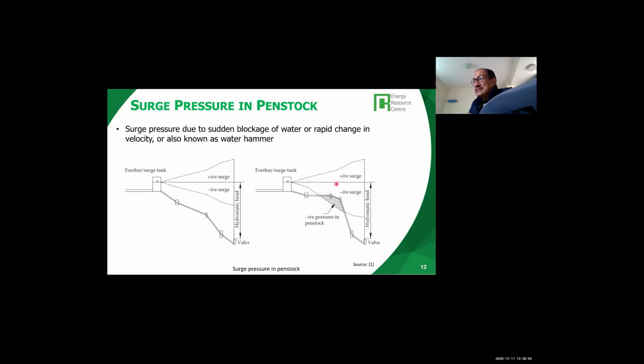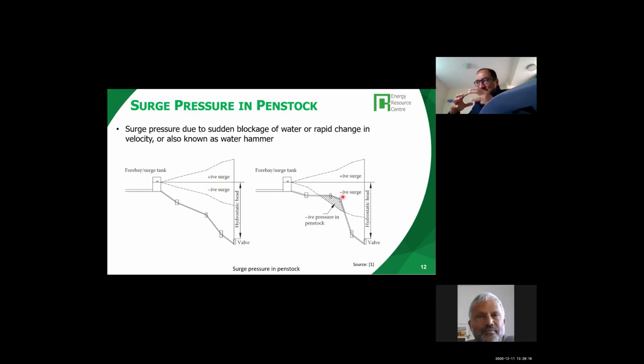This you should try to avoid. When you have a negative pressure, the penstock is almost in a collapsing situation, because the pressure outside, the atmospheric pressure, is more than the pressure inside. So you have a compressive stress